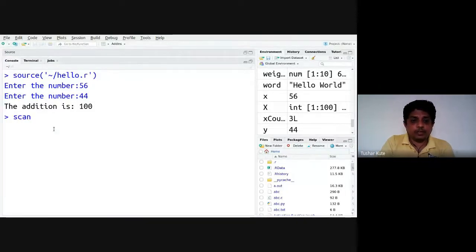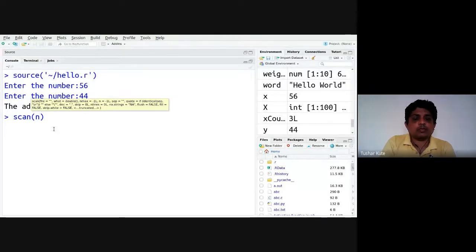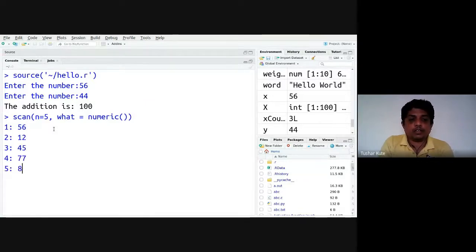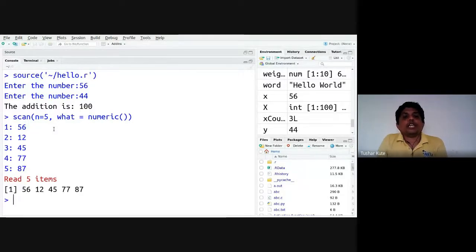For collection format, we use it like this. n is equal to, let's say I include 5 numbers, and I need to use numeric data. 56, 12, 55, 18, read 5 times and these numbers are read.